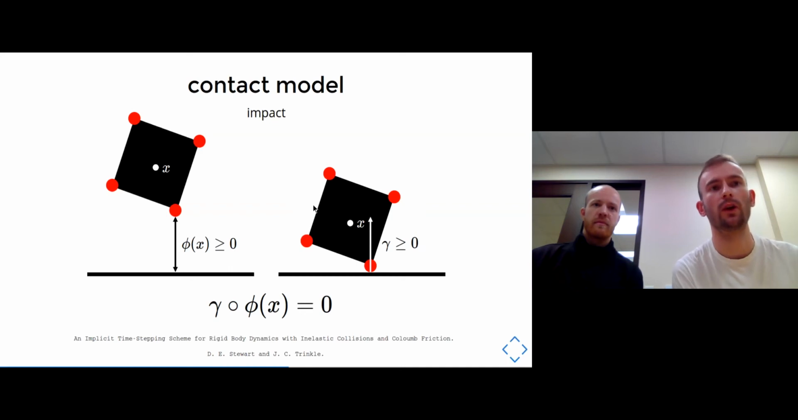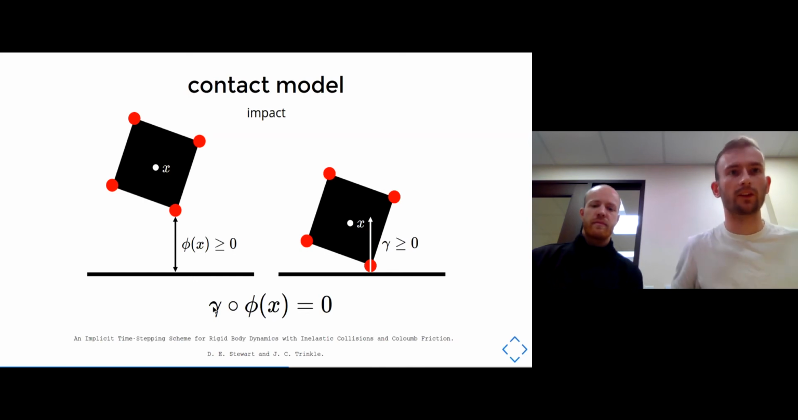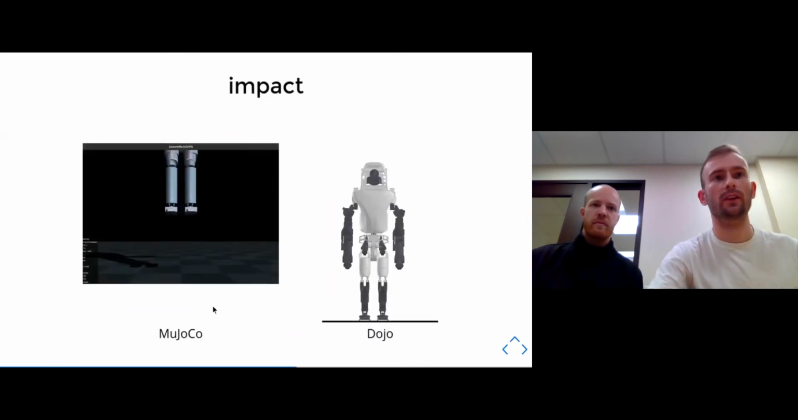To be more precise, when you have gamma positive, so you have some repulsive forces applied to the box, you necessarily have to have phi equal to 0 to respect the complementarity constraint. This means that when you have forces applied by the ground on the box, you necessarily need to be in contact. The contraposition of this is that when phi is larger than 0, so when the box is up in the air, you need to have gamma equal to 0. So this means that you have no force applied by the ground on the object. And this is what Dojo is simulating